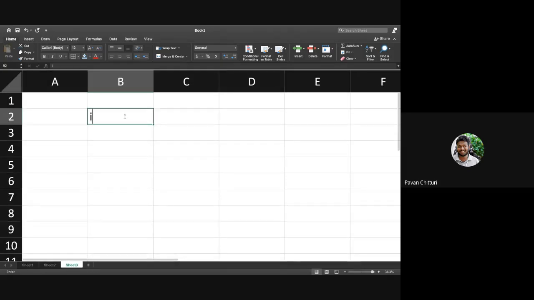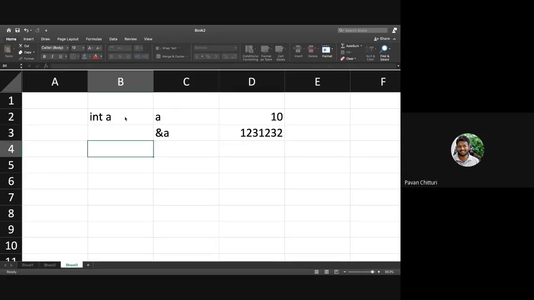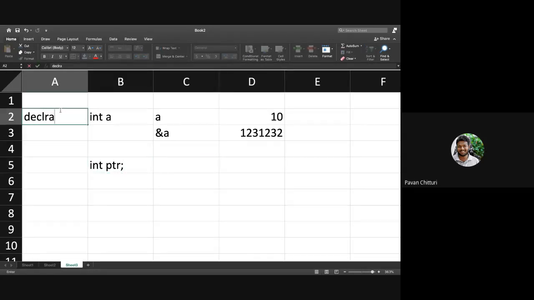So I said int a, so a has the value of 10, and the address of a will be something like this. This is the address of a. And I said there is another pointer ptr. So this is declaration.